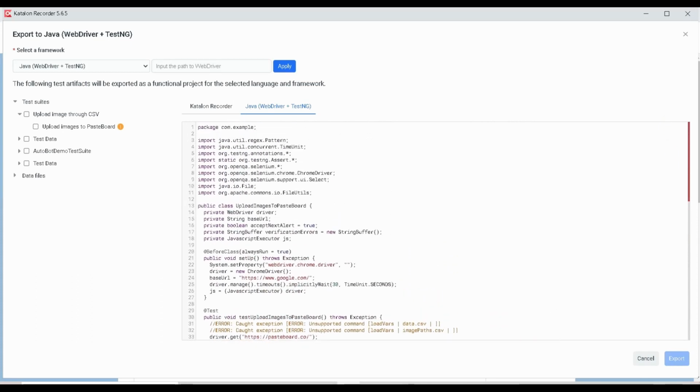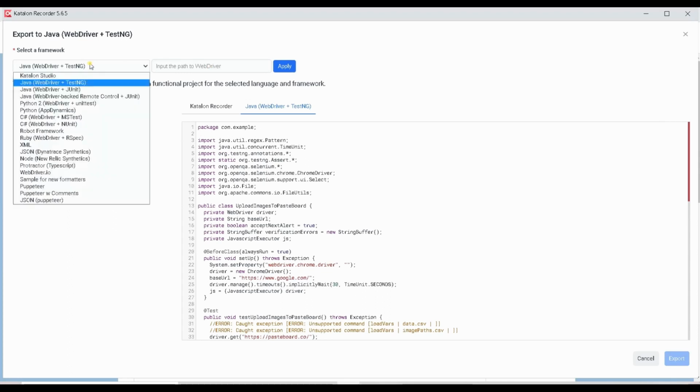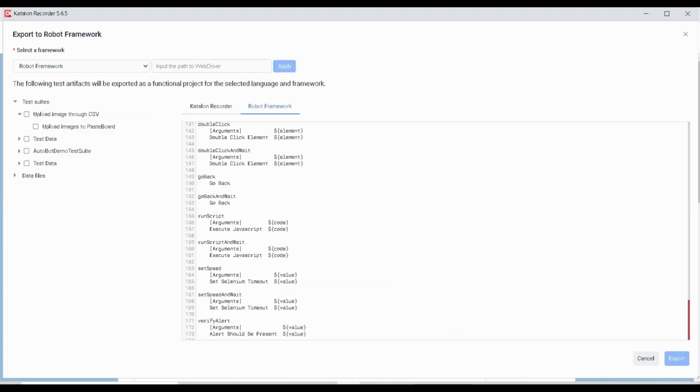So you can even give the driver details and click on apply. Once that is done, you can export this file to your local system. Same like that, you have different kinds of languages available to export your test case. So suppose if I want to go for Robot Framework, I can choose that, and I need to give the robot path, driver path, and click on export.